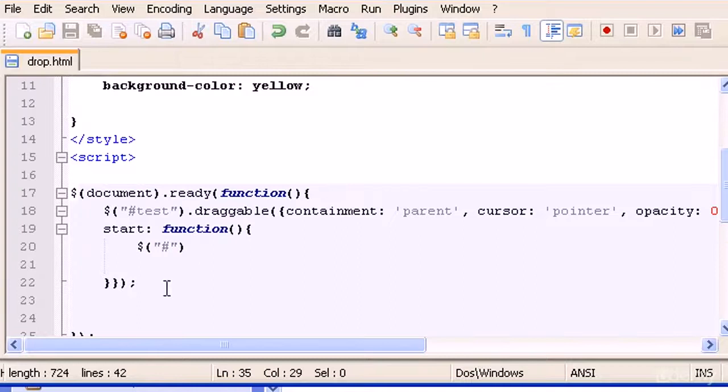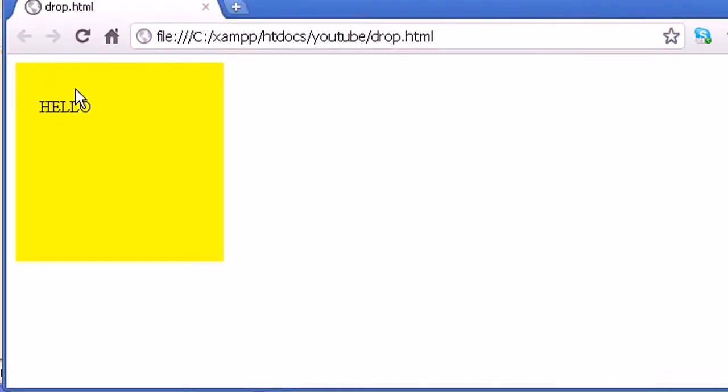I'm gonna output some messages. So in here we type results and dot text, and here we can type go. So if we come back, refresh, whenever I start moving, it appears the message down there saying go. Okay,